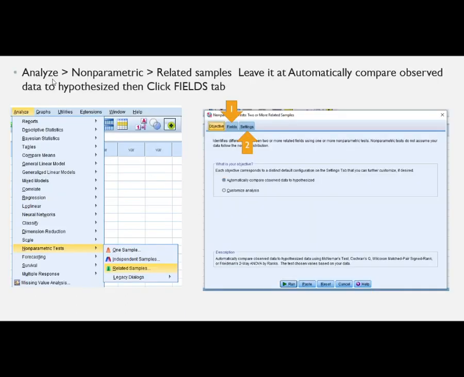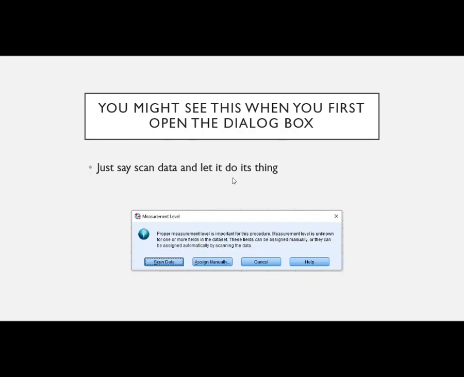And then we're going to go to Analyze, Nonparametric, Related Samples. So here we have Analyze, Nonparametric, Related. We're going to leave it at Automatically Compare Observed Data to Hypothesized, this top one. And we're going to click Fields, which will take us to this. Well, when you do that,